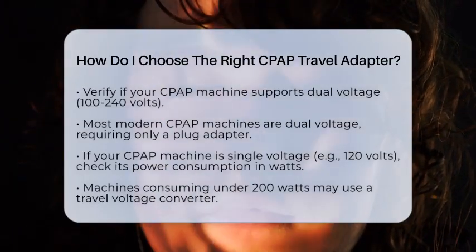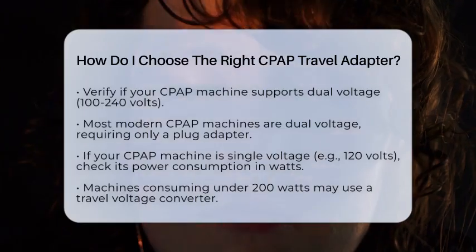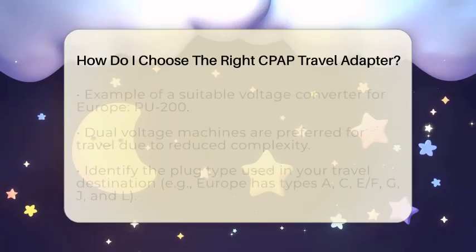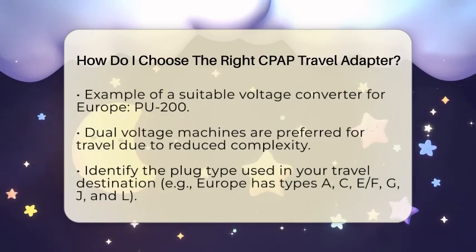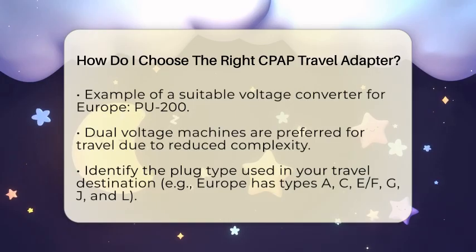If your CPAP machine is not dual voltage and only supports a single voltage, for example, 120 volts, you will need to check its power consumption in watts. If it is below about 200 watts, you may be able to use a voltage converter designed for travel. For instance, a PU200 converter works well for Europe or other regions. However, keep in mind that voltage converters can add bulk and complexity, so